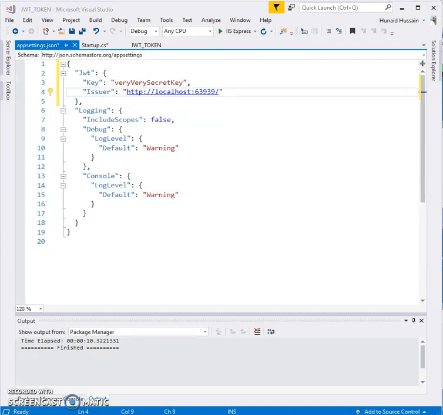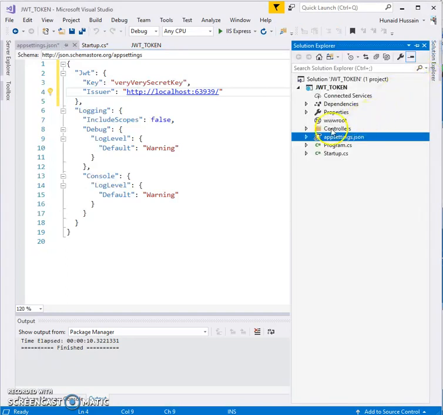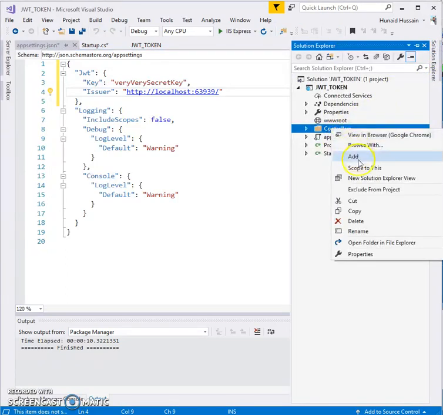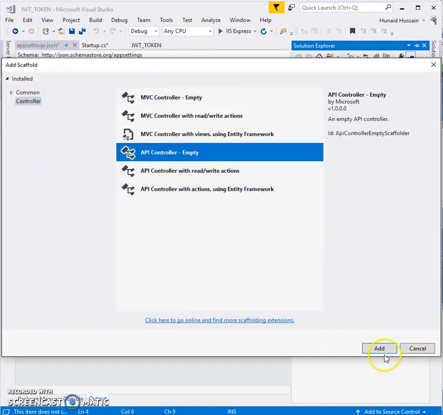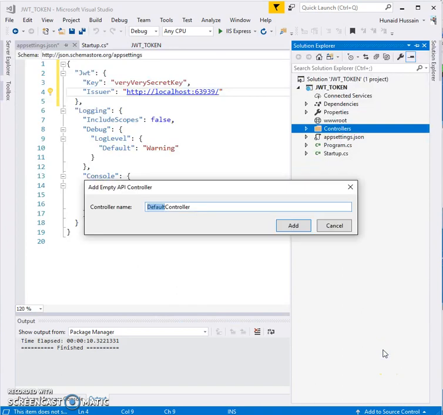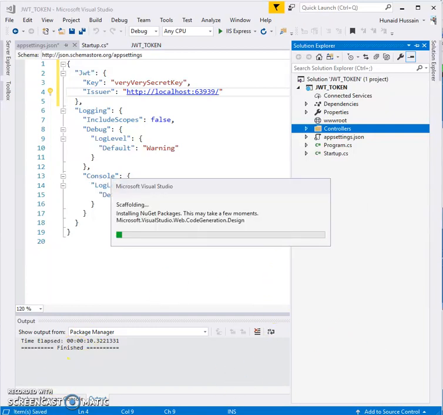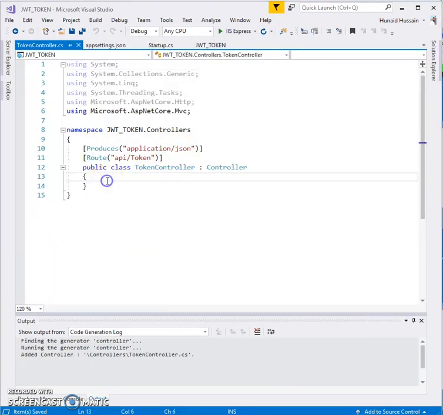So now the next thing is we want to generate a token. To generate a token we simply need to create a controller, create an empty controller, and then we will write the code inside it. I'm giving the name as Token. It can be any user defined name. Okay. Inside this,